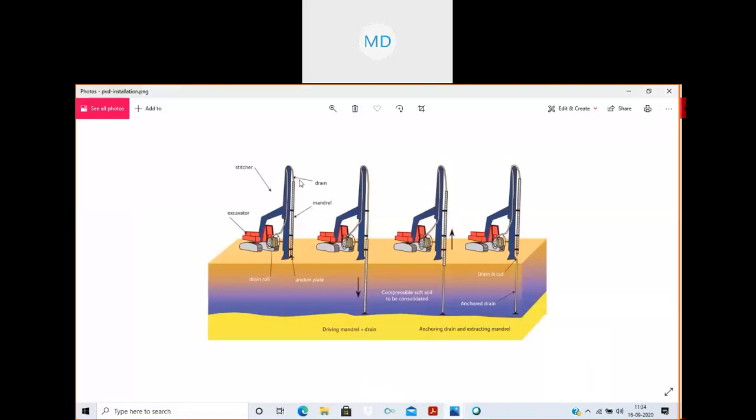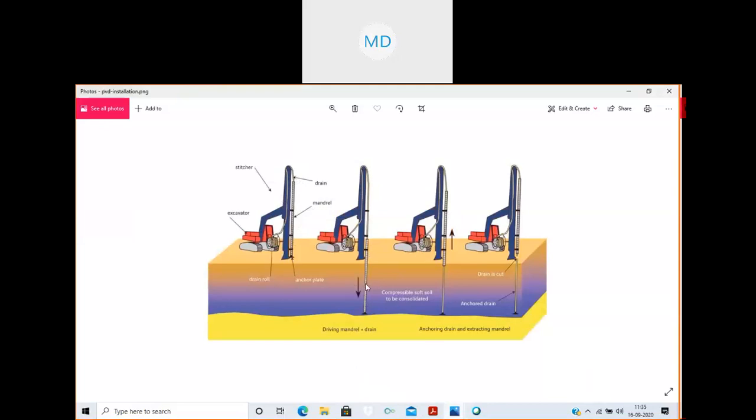It may be either plastic or geo drains or whatever. Generally nowadays we use geo drains. So as a whole, we can say these are prefabricated drains, the modern one. The prefabricated drain is rolled here, and then this mandrel is put inside the ground. In the second image you see the mandrel is put inside the ground and the drain is inside this mandrel.